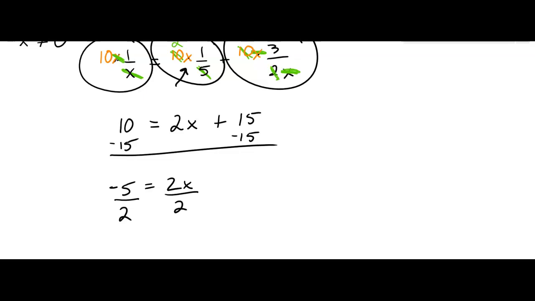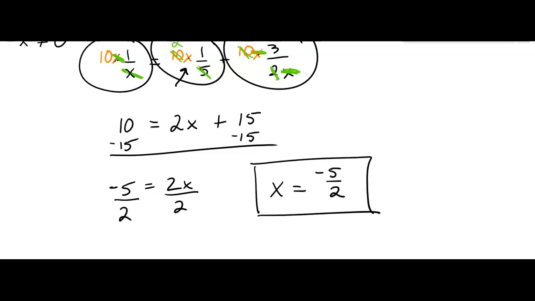So what do I get for the answer? Well, I'm going to write x equals negative 5 over 2. And if you're thinking decimal, you could probably write it as a decimal, okay, but I would just leave it improper fraction. Okay,